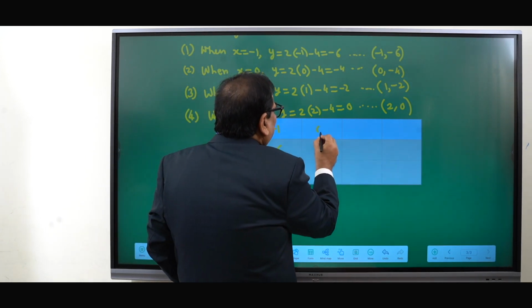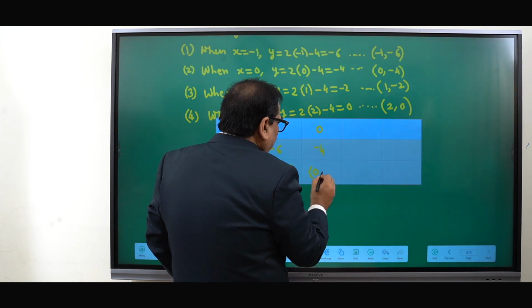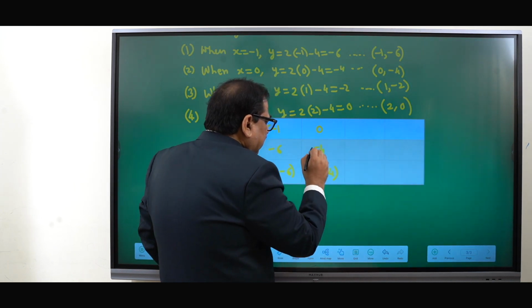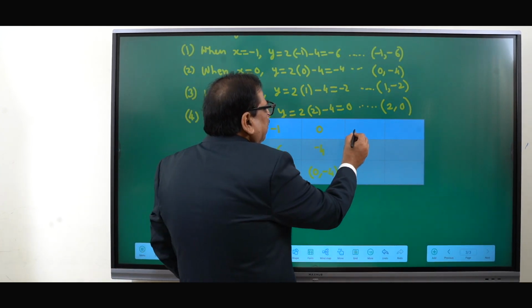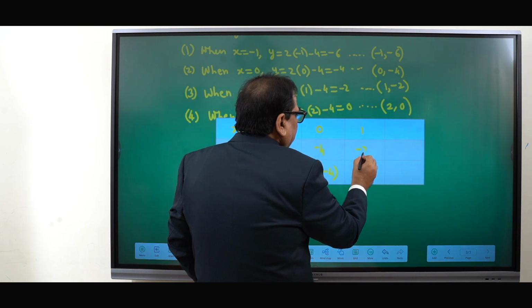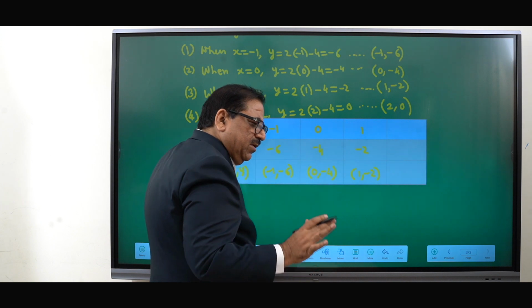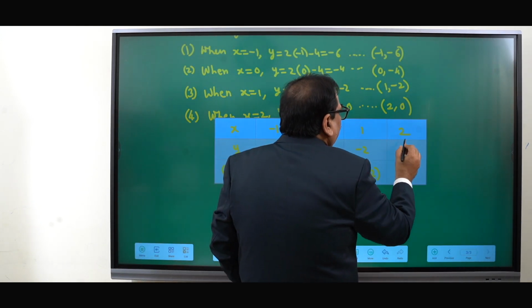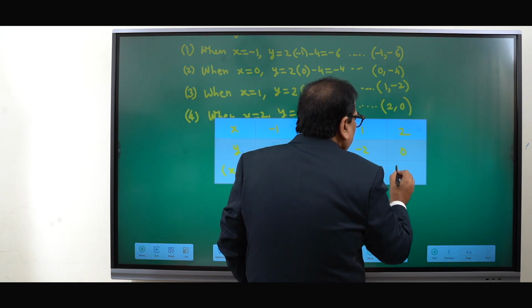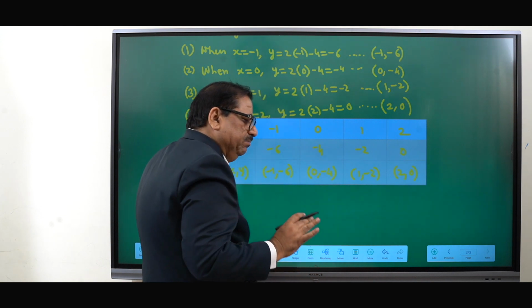Then second, when x is equal to 0, y is equal to minus 4. Therefore, (0, minus 4) is the second point. When x is equal to 1, y is equal to minus 2, and (1, minus 2) is the third point. And when we put x is equal to 2, y is equal to 0, and therefore (2, 0) is the